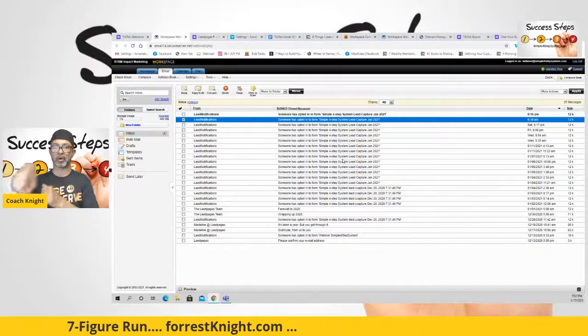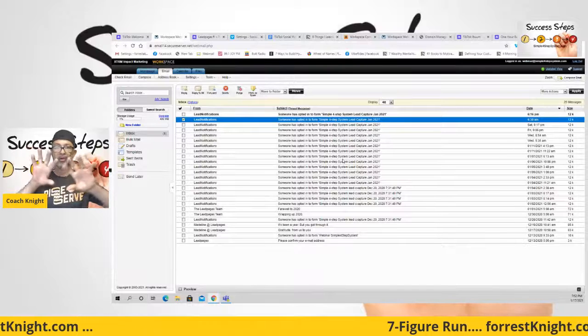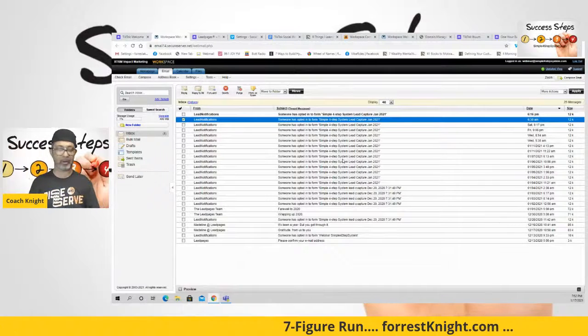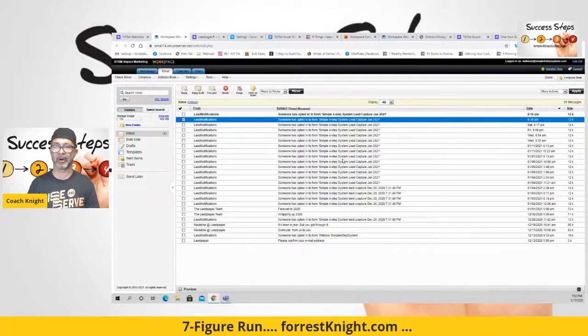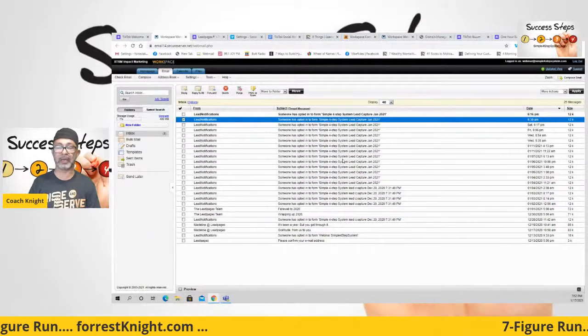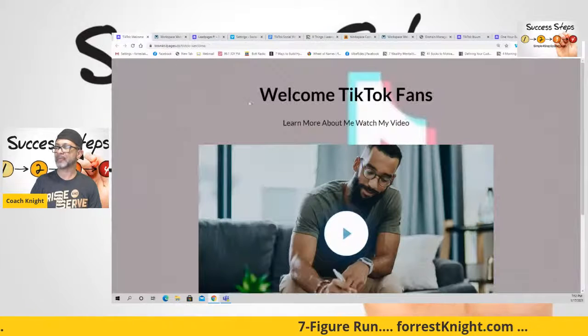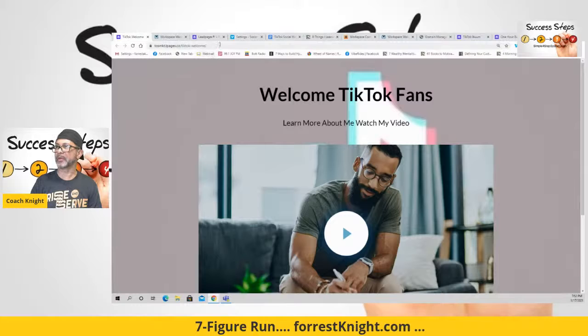So we teach about cold prospecting. The other way to market is putting your points of interest out there so people can go in. I got a text message from a gentleman earlier that says he started asking me questions and talking about the comp plan. So he's very interested in coming on board. We'll see where that goes, which is very, very neat. So jumping back into this, let's show you how to build this.